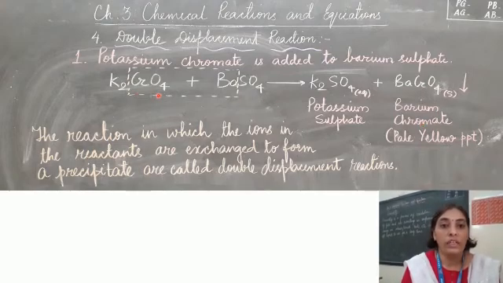Another important thing, both these are in aqueous forms. It's not written here, but both these reactants, we have taken them in their aqueous states. So what products are we getting? We are getting potassium sulfate, which is an aqueous solution, and barium chromate, which is a precipitate, and that is indicated by a downward arrow, or you can even write solid because it is a solid insoluble substance. What is the color of this precipitate? The color of the precipitate is pale yellow. You have to remember the colors of the precipitates.